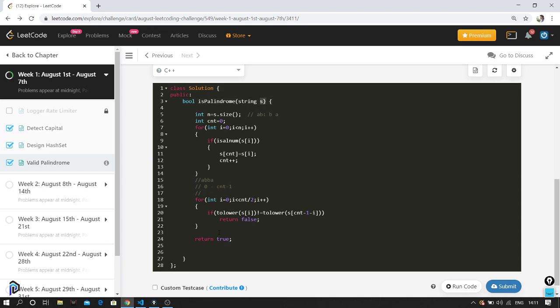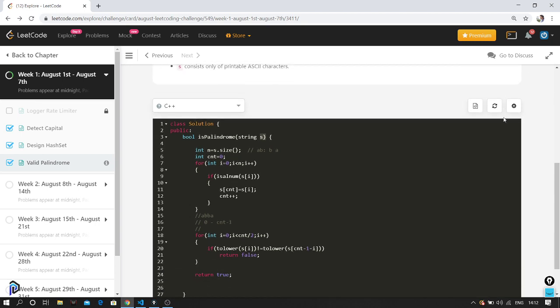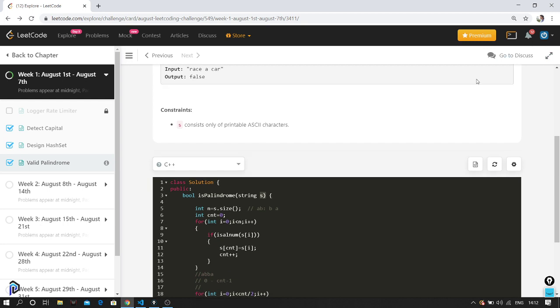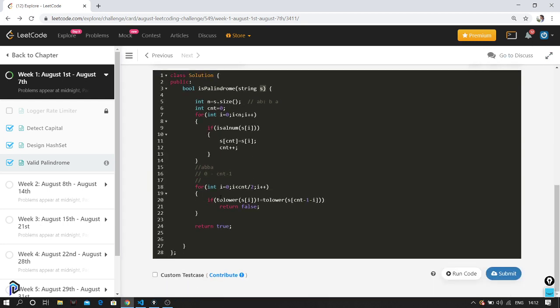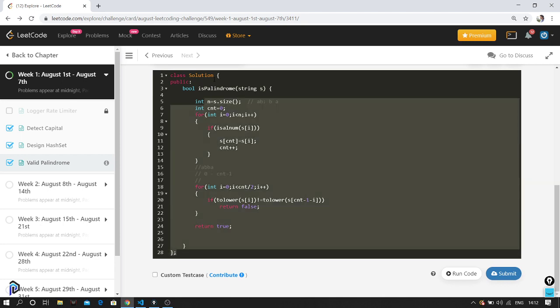In some scenarios, we might be required not to change the values. At that point of time, we can use the other approach that I'm going to take. So I'll just copy this for later reference.